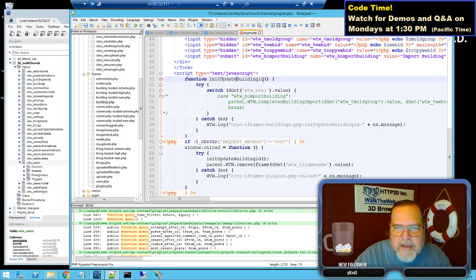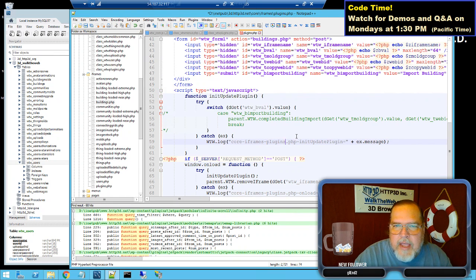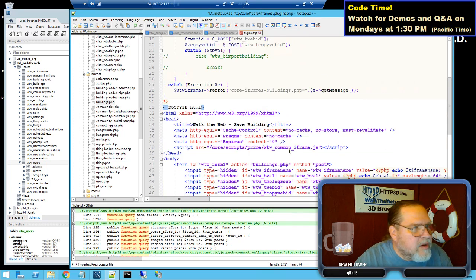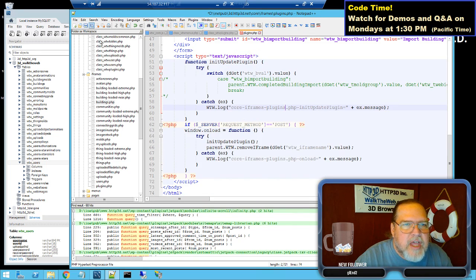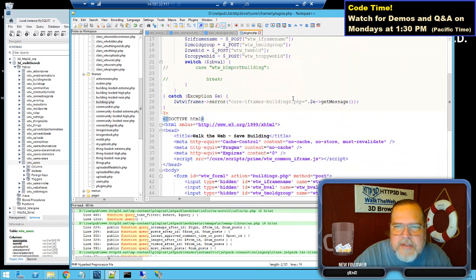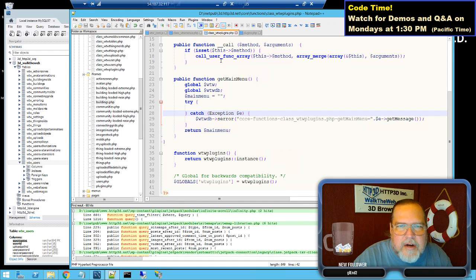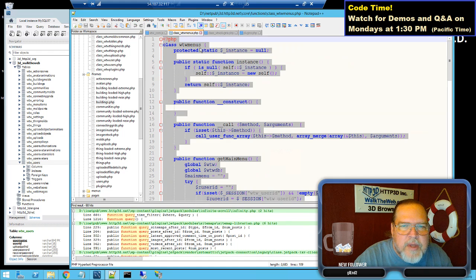We're going to say update, call that update plugin. And also this plugin name goes there. And I believe that knocked out the core of the functionality of that page. So now we have one set up for plugins. Okay, so from there, we're going to come in here, and the first thing we need to do is